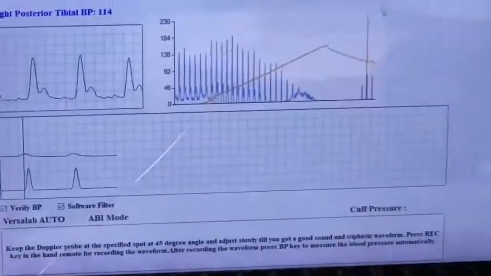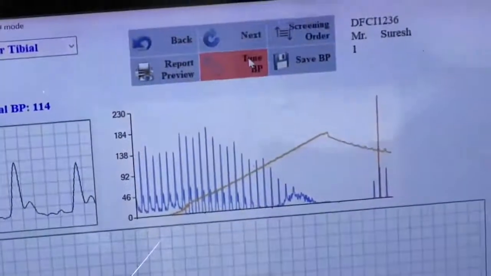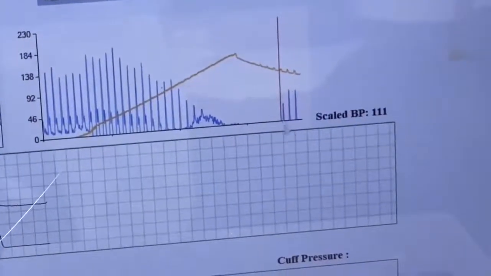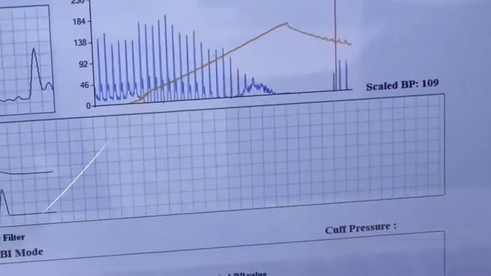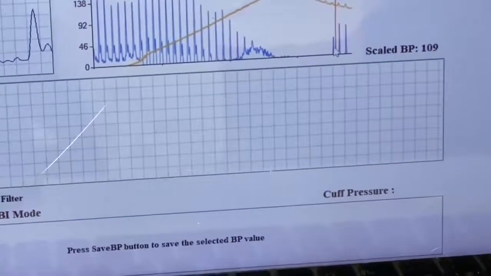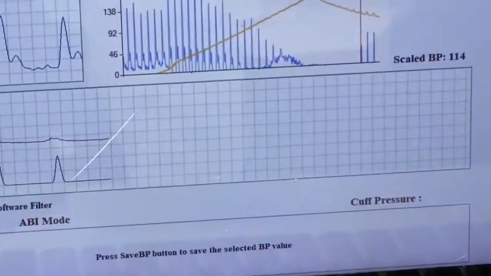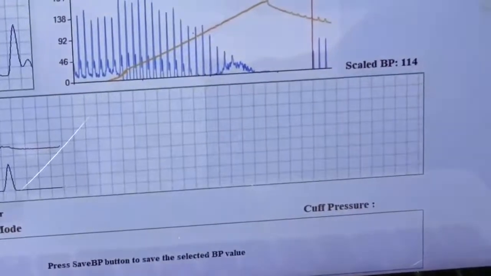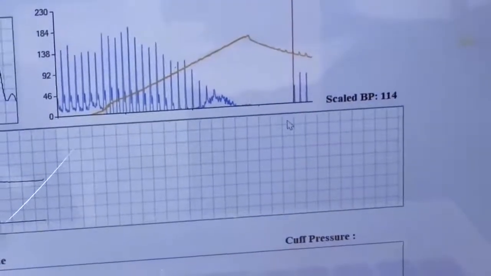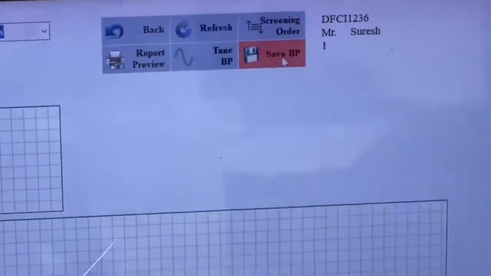It shows, in that case I have to go to fine tune BP, then I can move the marker. Okay, I can keep it here on the top, sorry, here only. Okay, now we can see the waveform is on the peak. Now I have to save the BP. Earlier I had not saved BP. Since now I altered the BP value, I am saving it. So by clicking save, now BP is saved.